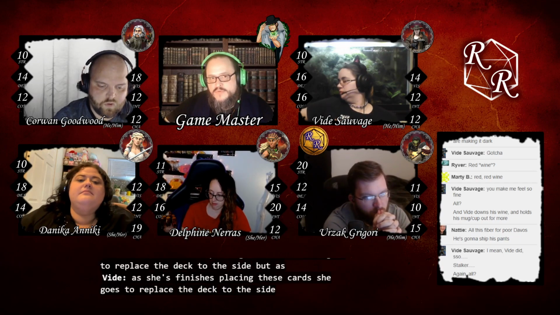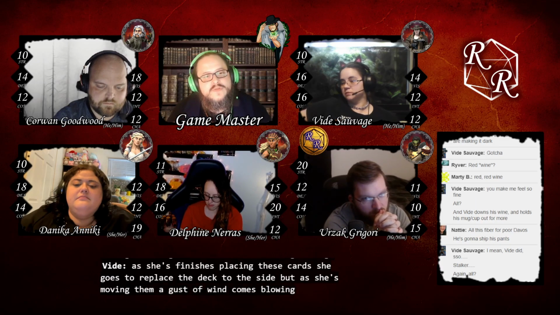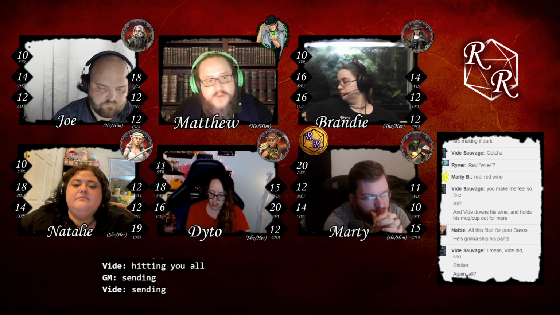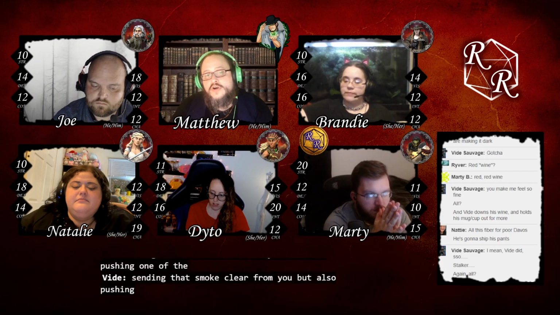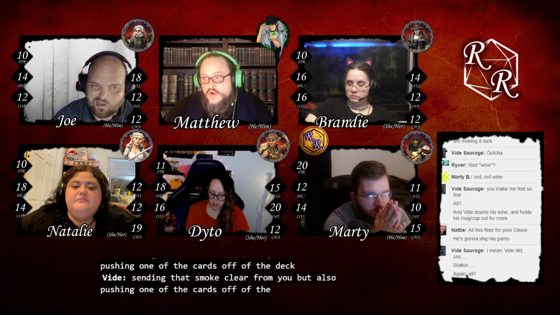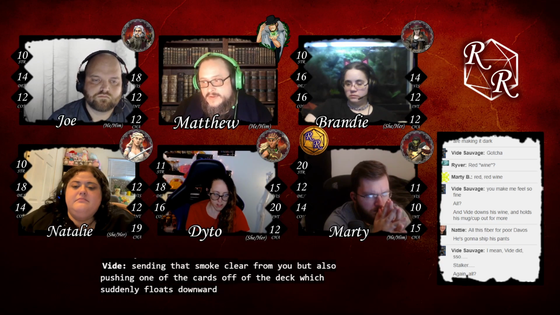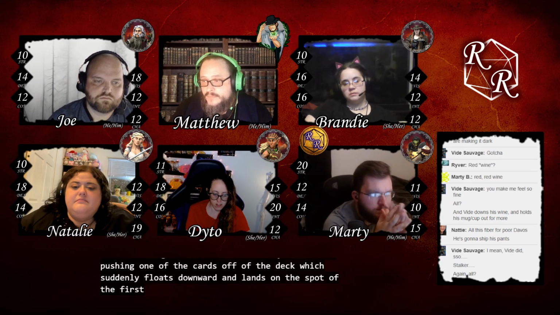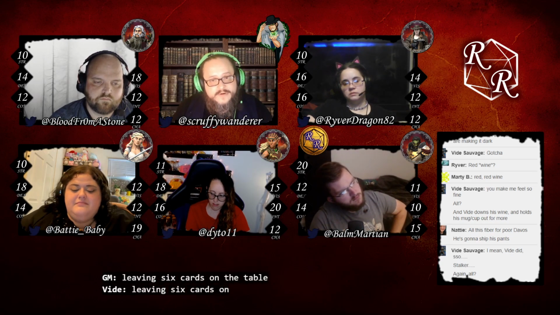But as she's moving them, a gust of wind comes blowing through the tent, hitting you all, sending that smoke clear from you, but also pushing one of the cards off of the deck, which suddenly floats downward and lands on the spot of the first, leaving 6 cards on the table in front of you.